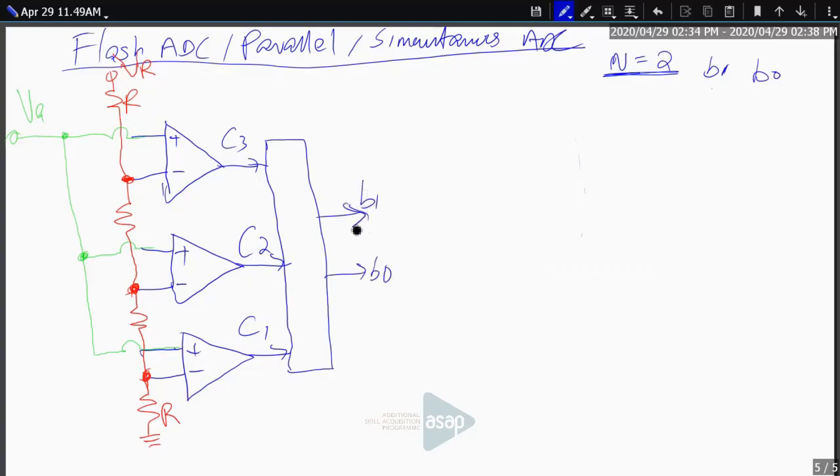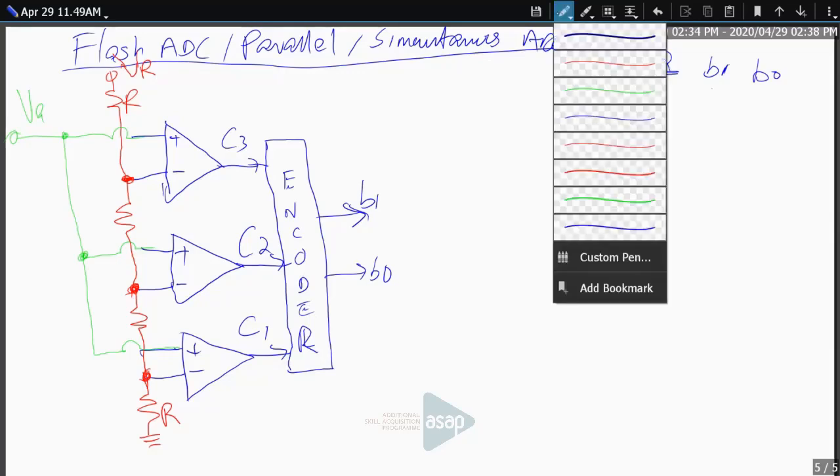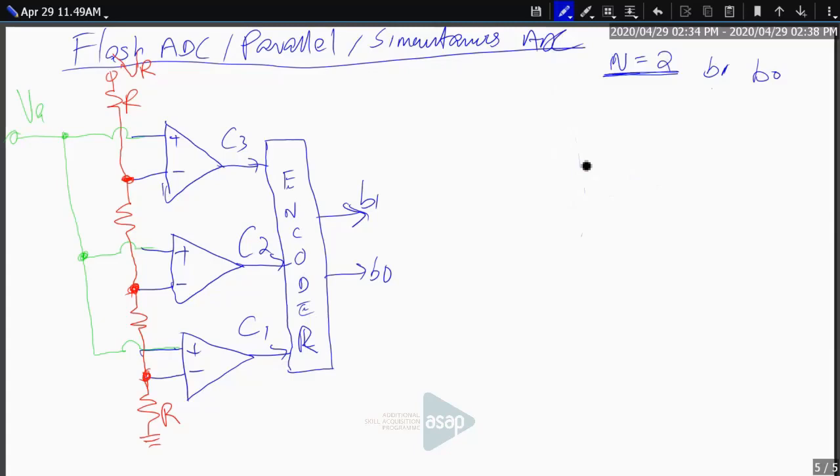after arranging the comparators like this, now what we will do is connect a resistive network to the inverting terminals of all of them, and it looks like this: R, a second R, another R, and finally an R here, and we connect the reference voltage here. So there is a voltage called reference voltage. I will tell you what it is, but anyway, it is connected like this. This is what is right.